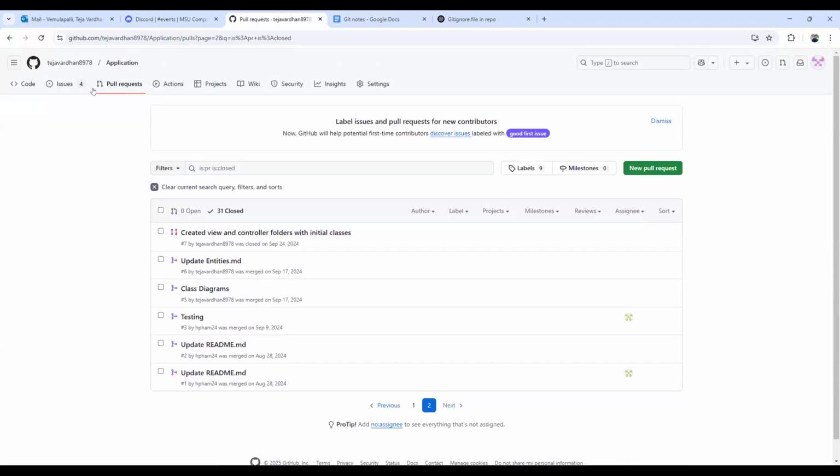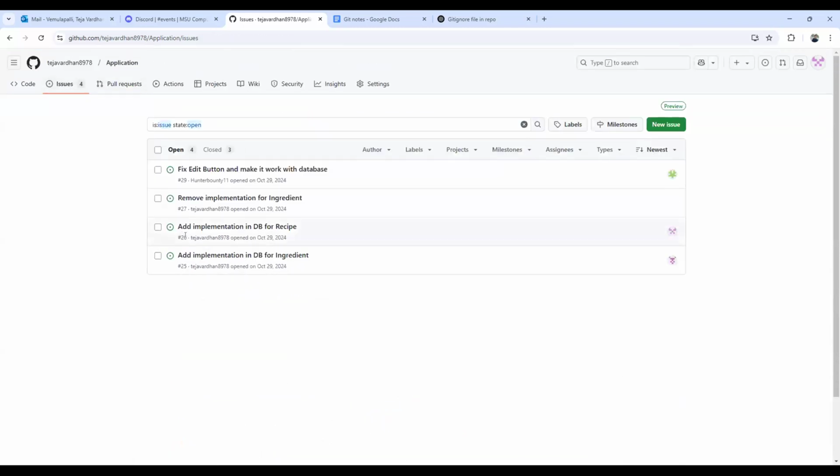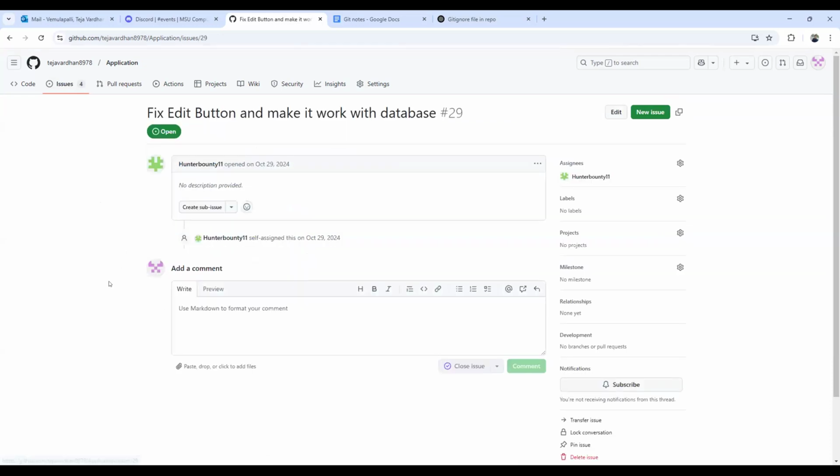So you can use that hash, like 26, in the beginning of a pull request, and that will link to this issue. So when you click on the issue, it'll show that pull request and all the comments related to that as well.